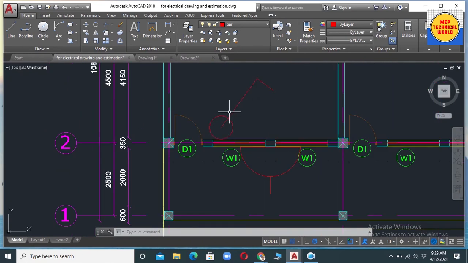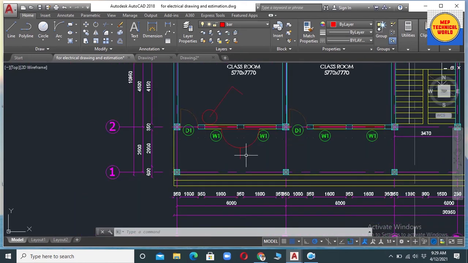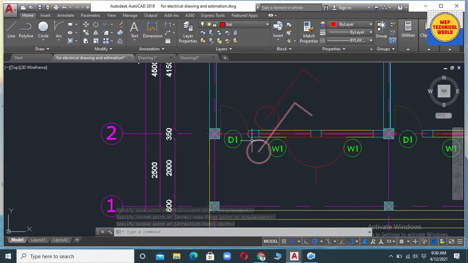Now let's place this one-way switch also towards this wall side for this corridor light. Let's copy this switch, specify the base point, and place it over here. Now we have to rotate this one-way switch to make it face outside, towards this side. For that let's use the rotate command.